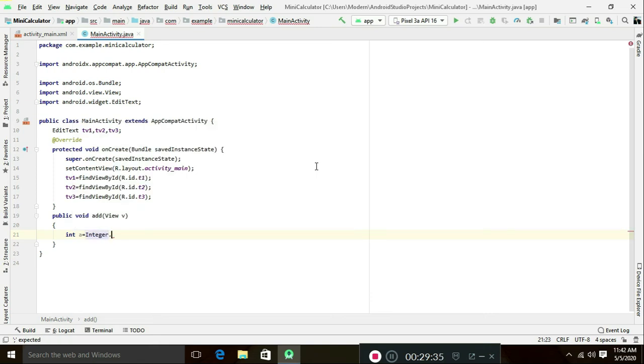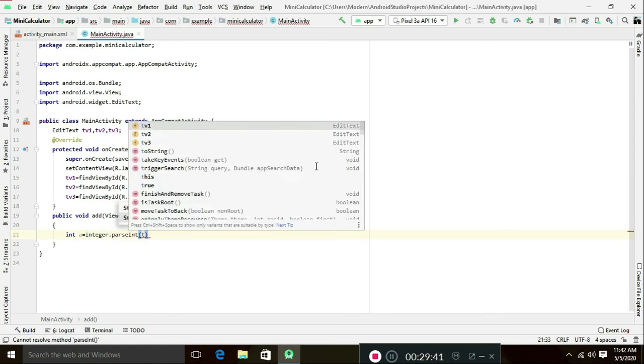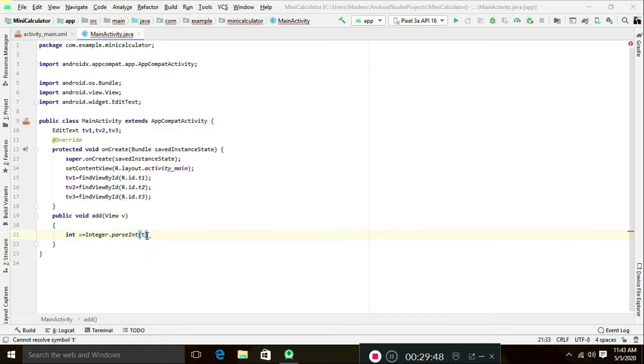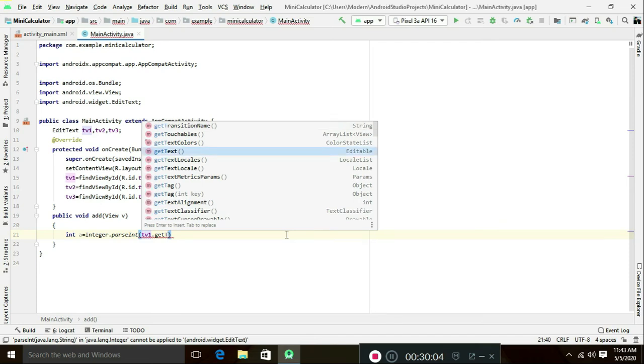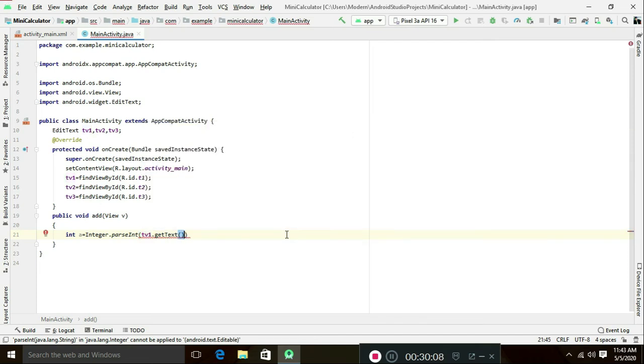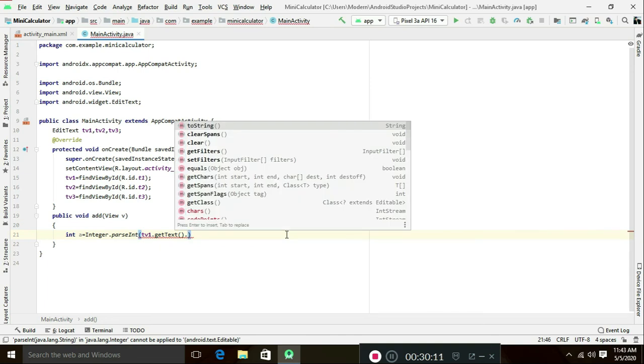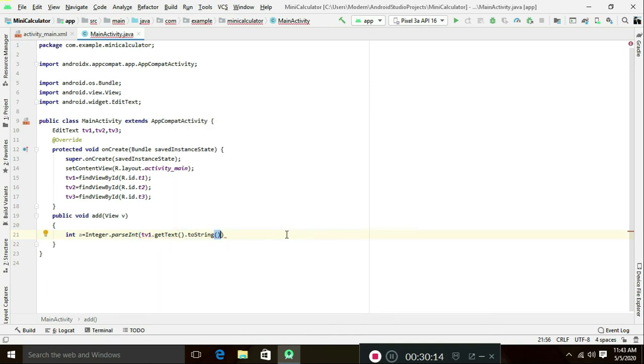I will use the wrapper class Integer.parseInt, and in the argument type tv1.getText().toString(), and close it.